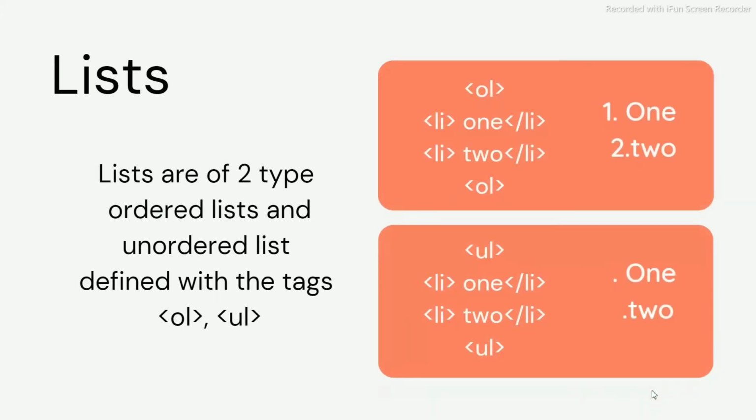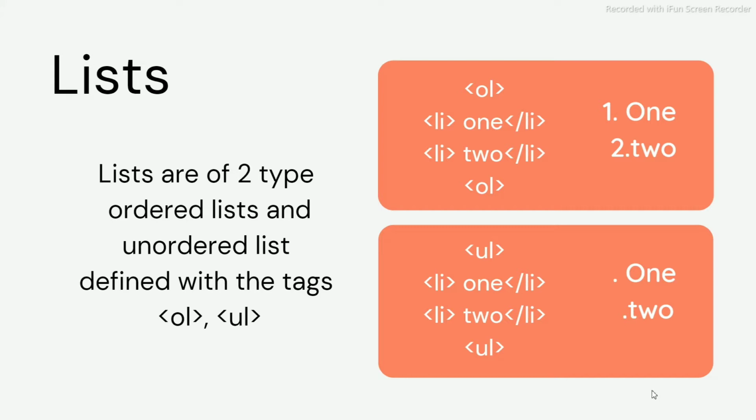Now we are going to discuss the lists and the tables which are used in the HTML. When we are talking about lists, we have many texts which must be arranged in the format of a list, whether ordered or unordered; we have both in HTML. When we are discussing the ordered list, we have numbers beside that list like 1, 2, 3, 4. If you are using an unordered list, it just uses a dot. For the ordered list, we use OL with a list. For unordered, we use UL with a list.